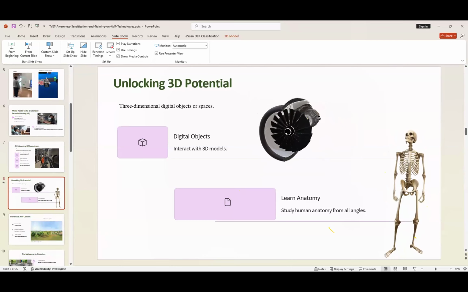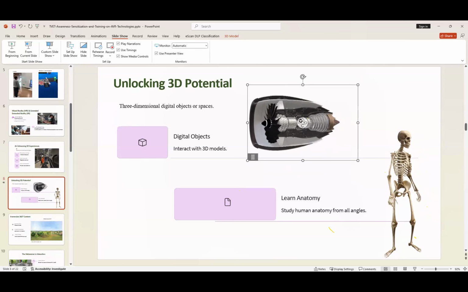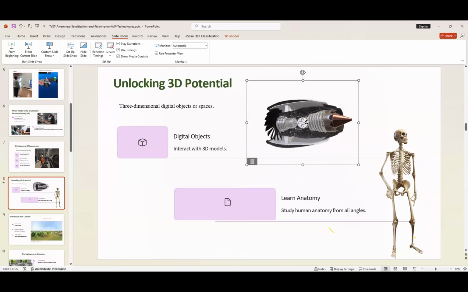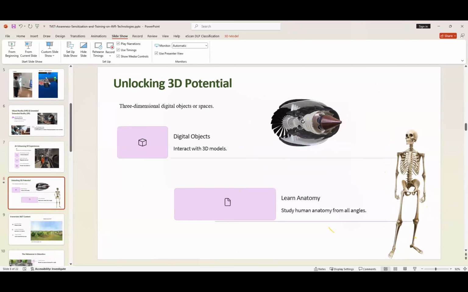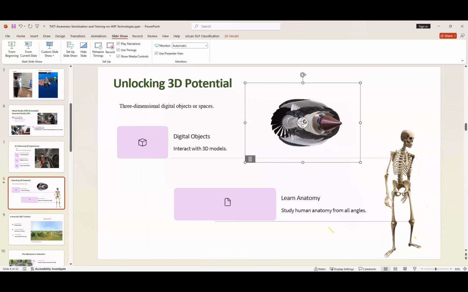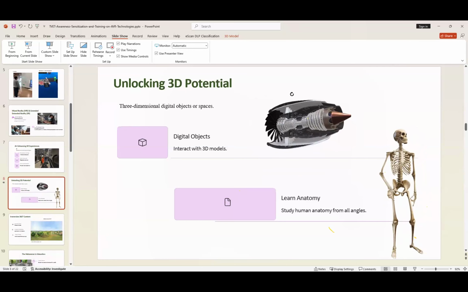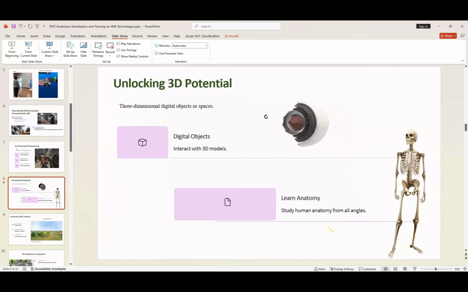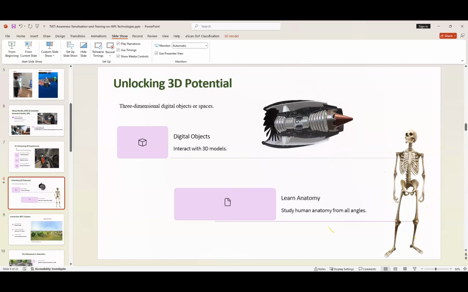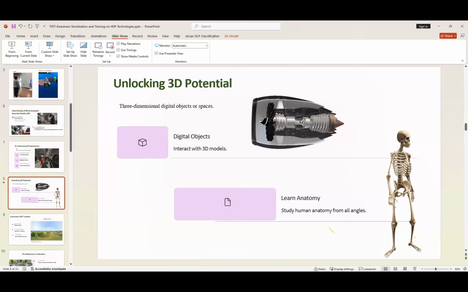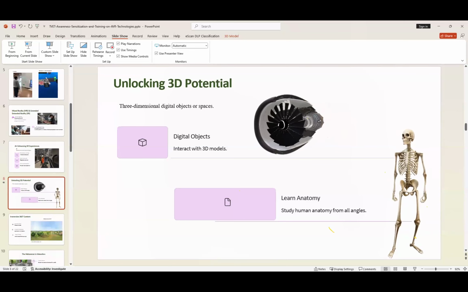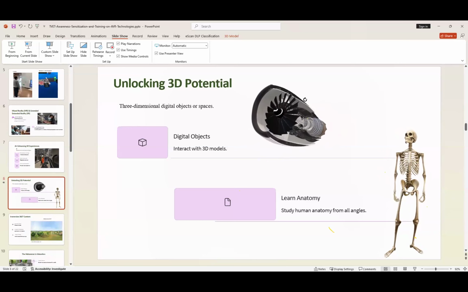This is a 3D engine that has been created to make it possible for you as a teacher to create teaching materials around it, and to create practical or hands-on sessions that a student can understand in a way that makes sense to them. This is an engine that someone is able to rotate and move around, and see at different angles.